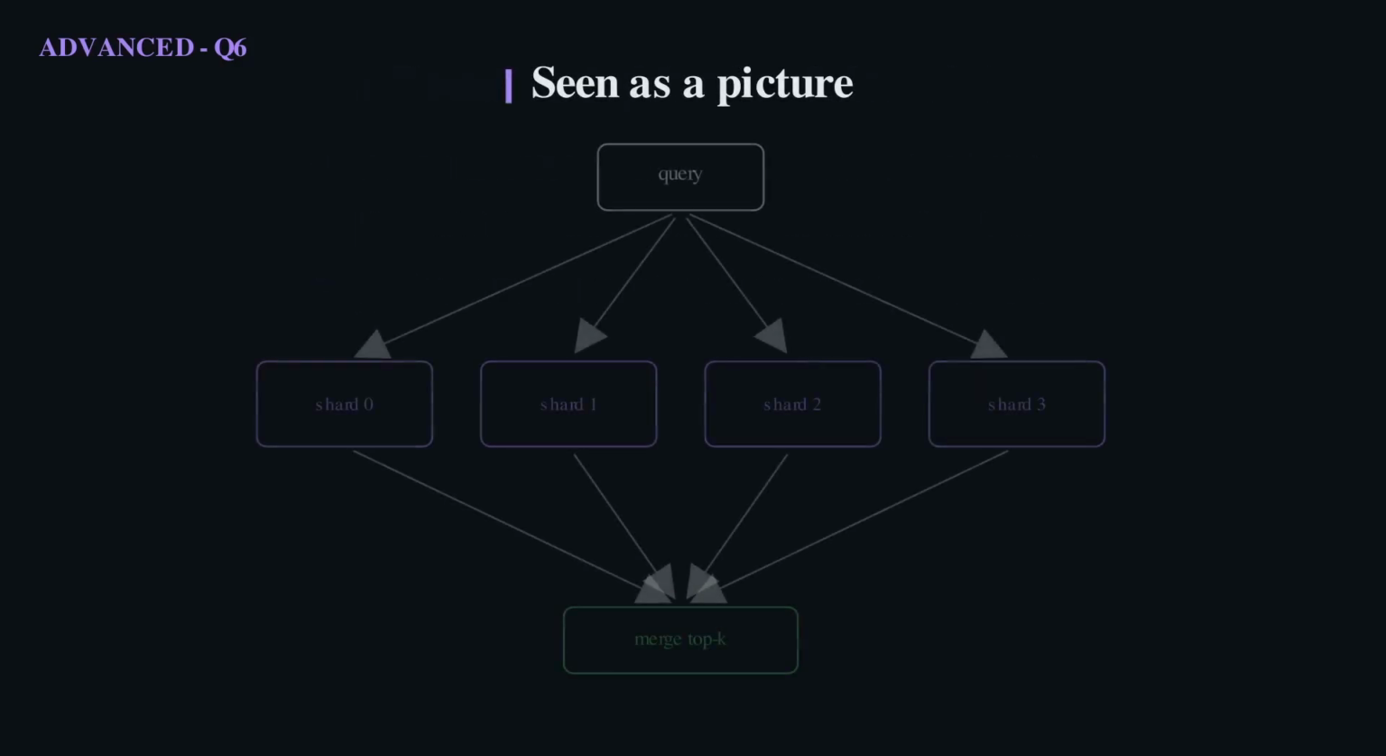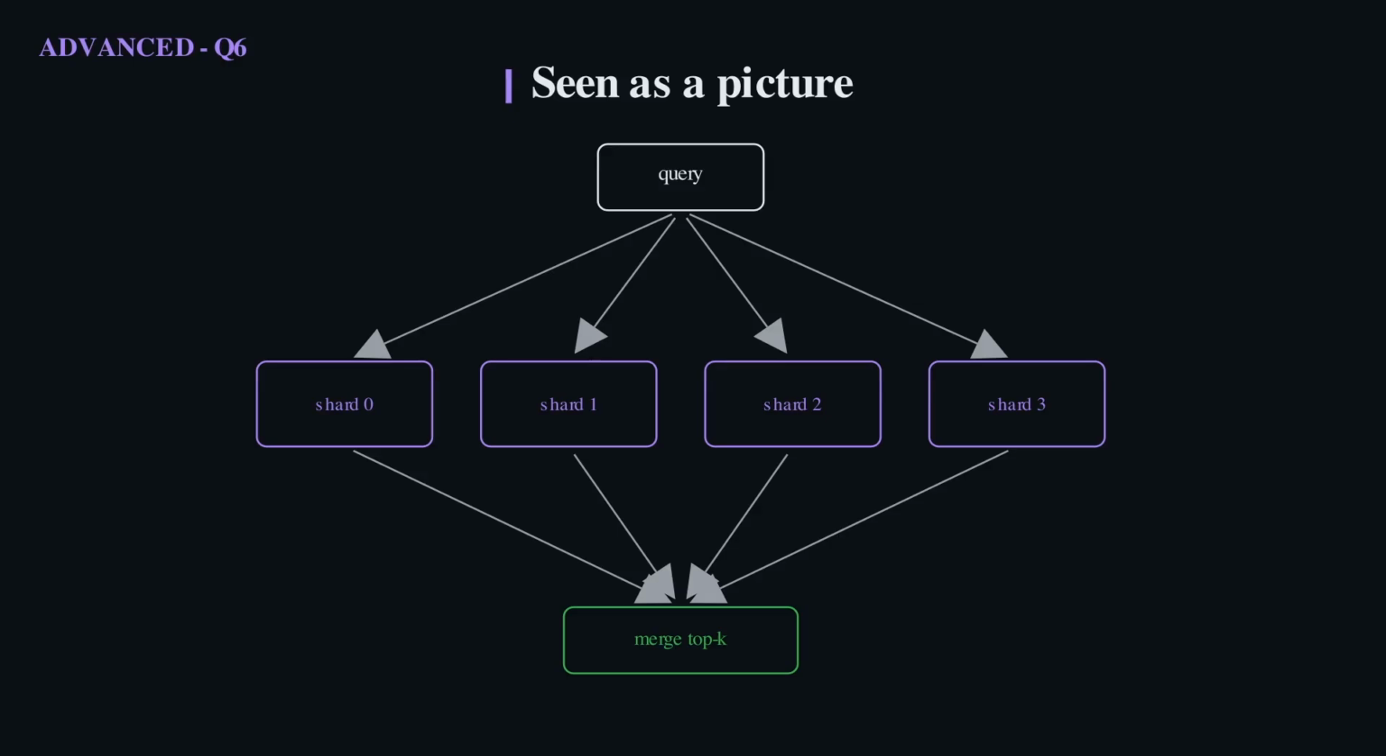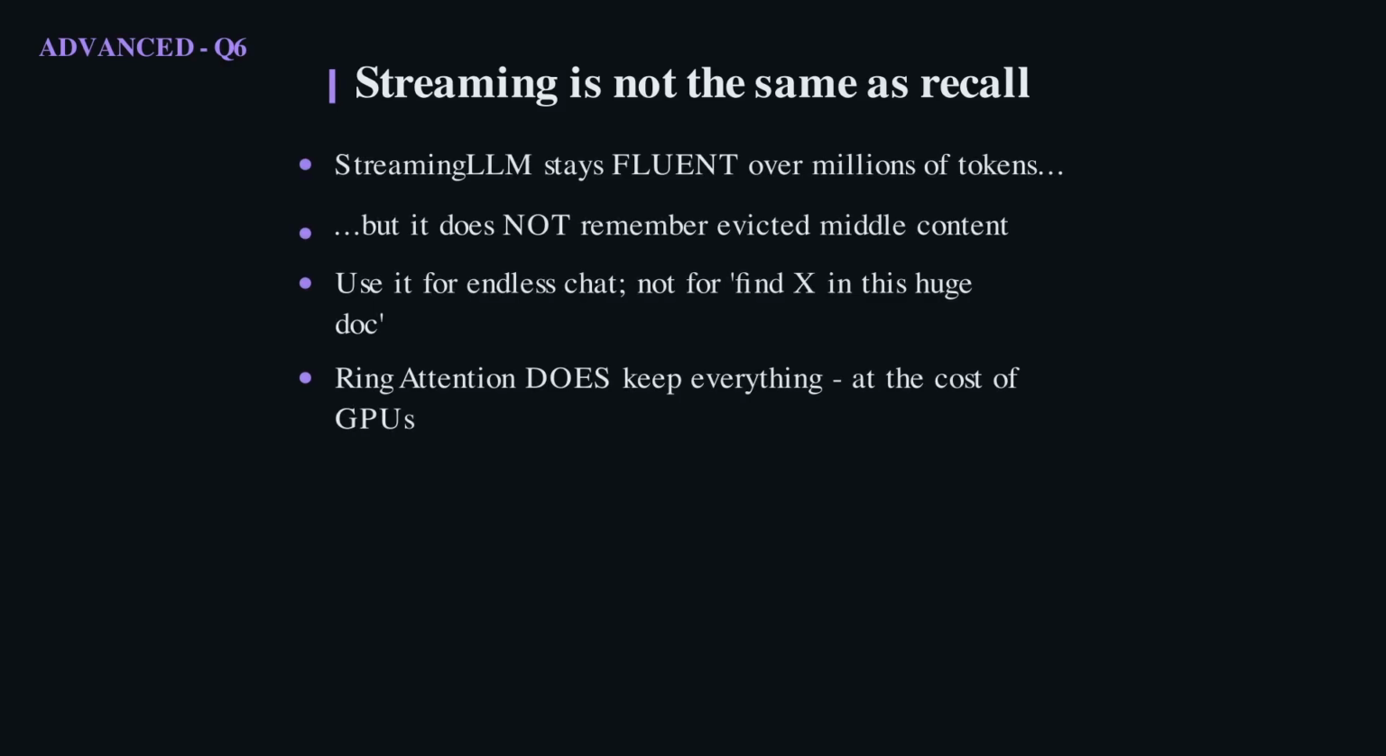Ring attention looks like this. The long sequence is split across GPUs, and each device computes its slice while KV blocks circulate around the ring. Context length then scales with the number of devices. Here's a distinction that catches people out, because the two methods solve different problems despite both being called long context. StreamingLLM keeps the model fluent and stable forever, but it has genuinely forgotten the middle of the stream. Those tokens were evicted. It's perfect for a never-ending chat assistant, and wrong for answering questions about content buried deep